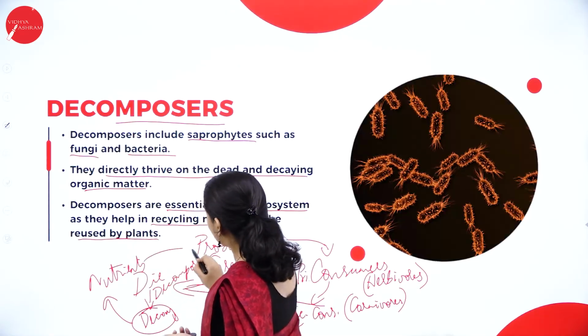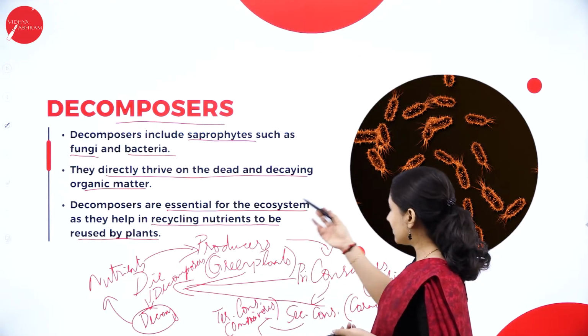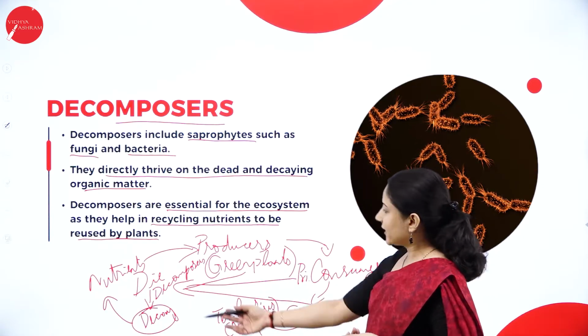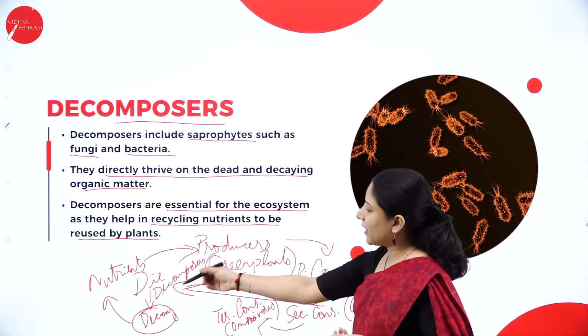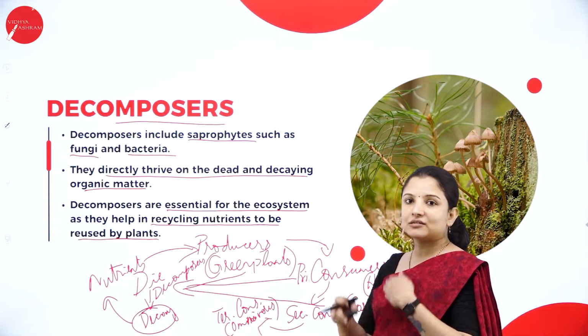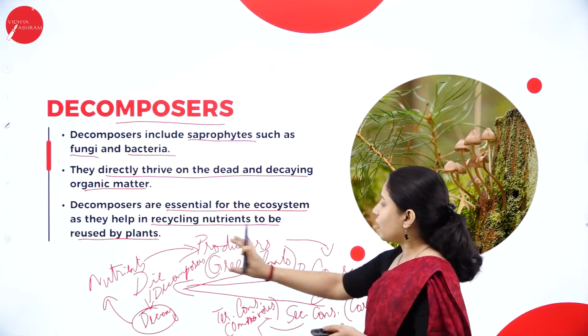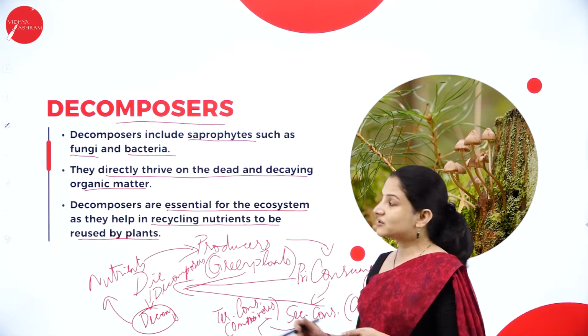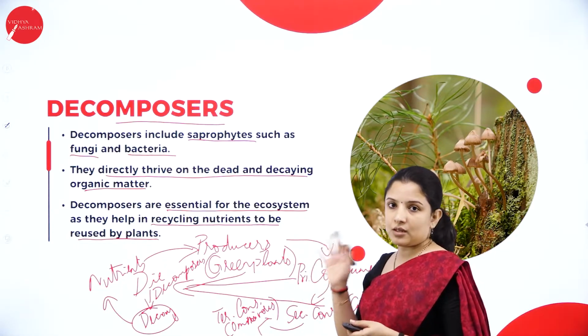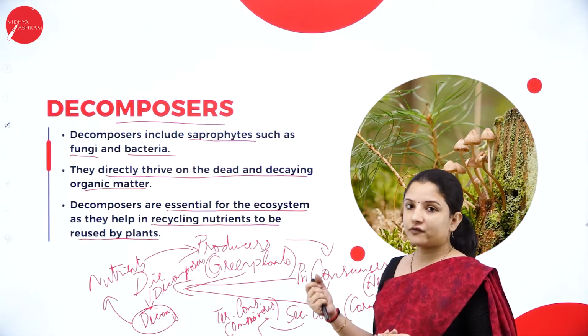These nutrients will be utilized by the producers. Again, the producers will grow properly, it will be eaten by the consumers, and again when all of them die, they will add on to the nutrient to the soil. Again, it will be utilized by the producers. Like this, the cycle circulates in an ecosystem. So therefore, for the proper nutrient cycling in an ecosystem, decomposers are very, very important here. So all this we shall study in the functions of the ecosystem.